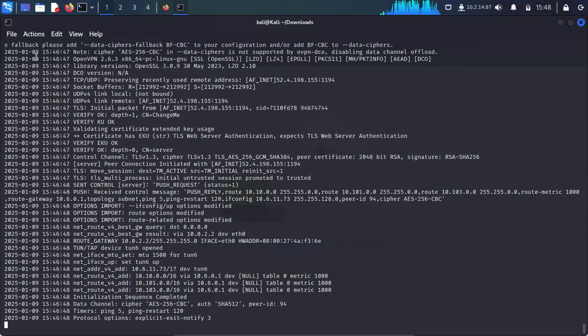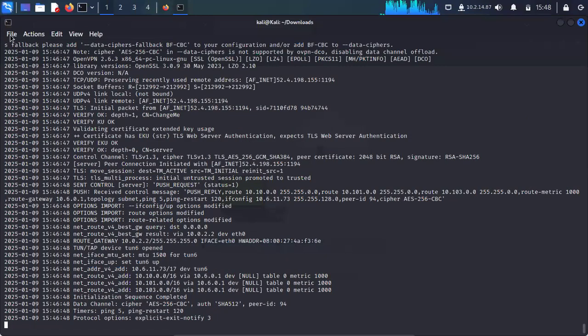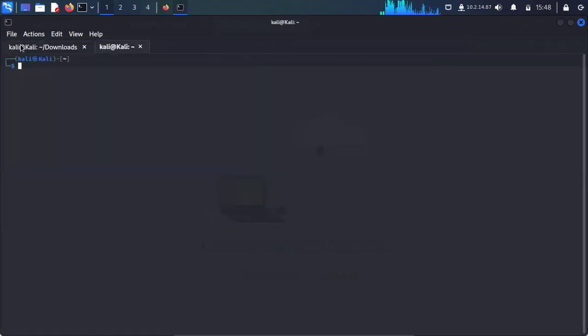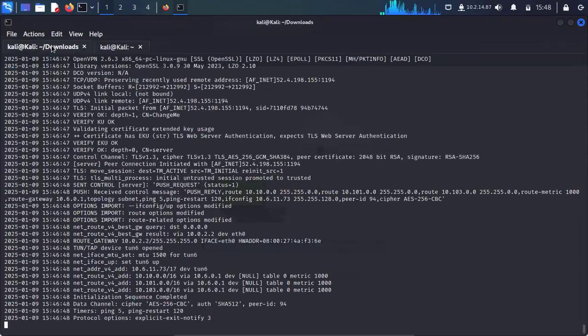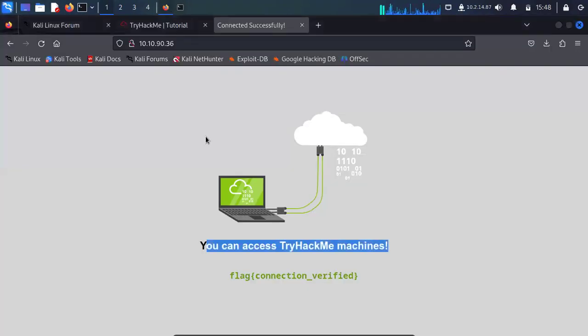And don't close this tab of this terminal. If you want to do other things in the terminal, just click on the file name and then new tab. Don't close the tab that runs the configuration file, please, because that will make you get disconnected from their machines. So just leave the tab running and click on new tab, click on the file here and open a new tab for you to proceed. And that is how to now get started